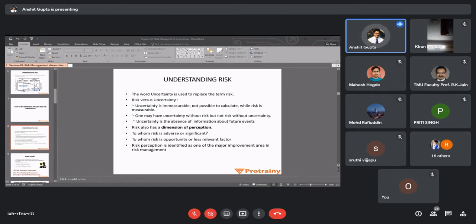So their perception of the same risk, that you can have COVID, is different for two people. One person is still running out without a mask, considering that nothing will happen to him. In the same way, consider the automobile industry or our construction industry. For example, in Mumbai, flats cost 1 crore, 2 crores, up to 10, 15, 20 crores.